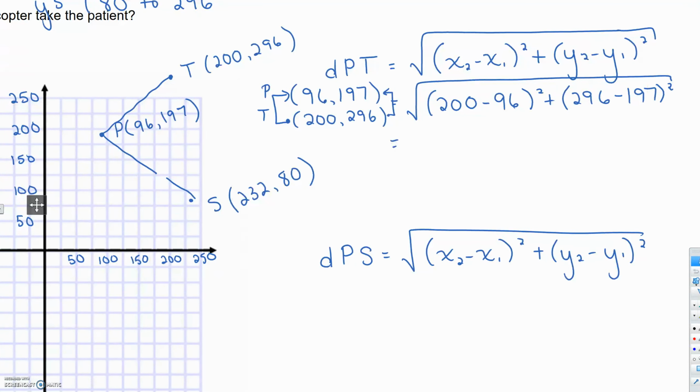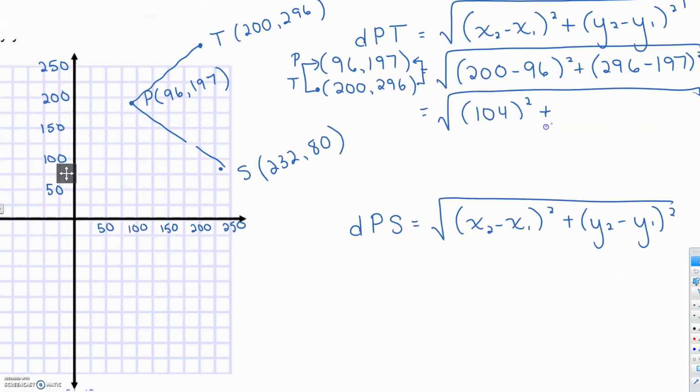Okay, so now I just do the subtractions. I do BEDMAS, and that means I need to subtract what's inside the bracket. Inside the bracket, it will give me 104. I know it's positive, but I'm going to leave it as in the bracket. And then we'll do 296 minus 197, which is 99, and we're going to square that. Okay, these are going to be pretty big numbers. So 104 squared is 10,816. 99 squared is